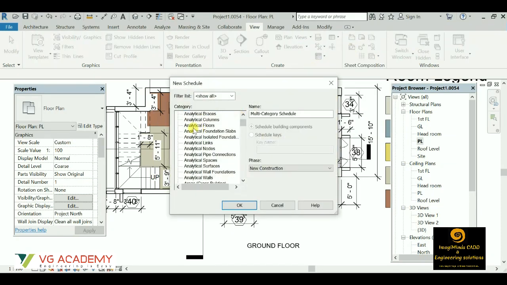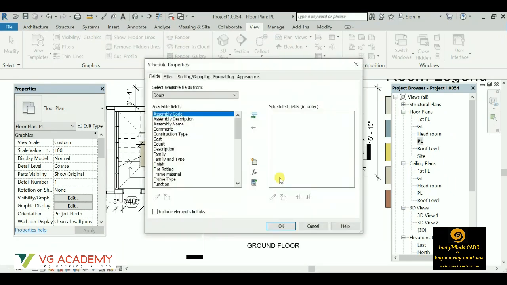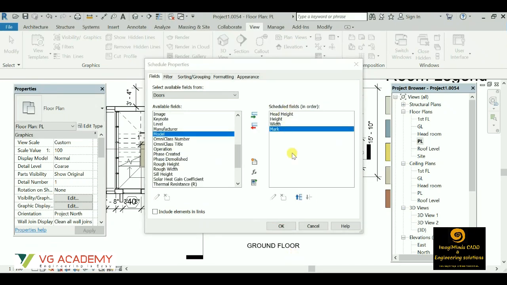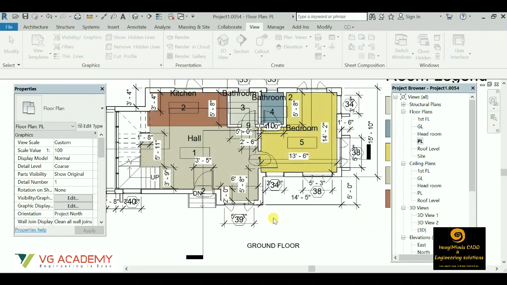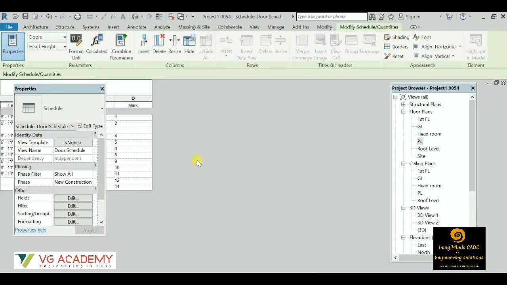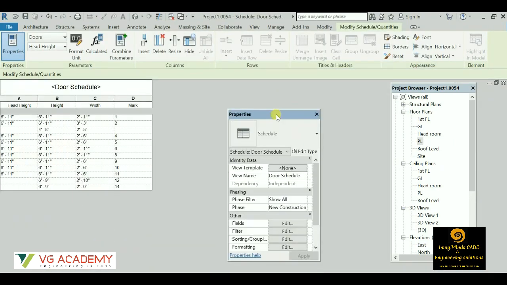Schedule of quantities. So we have to go to the doors. First of all, we'll be creating the door. I'll show you only one single option. So for door we have to select the parameters from here. These are the parameters that we'll be taking. Now the schedule of the doors will be visible over here.